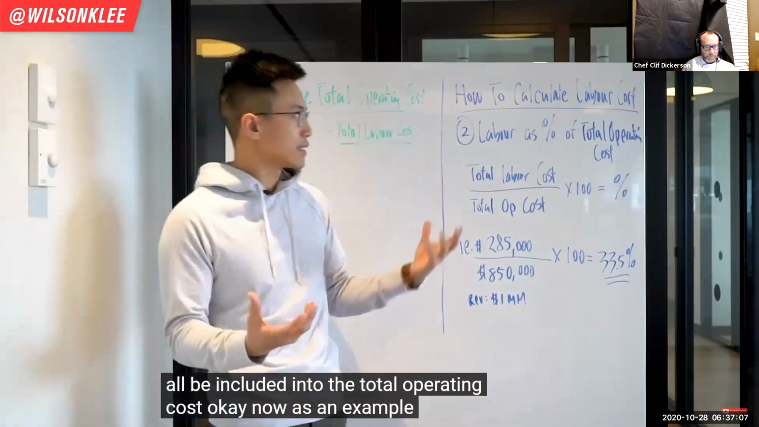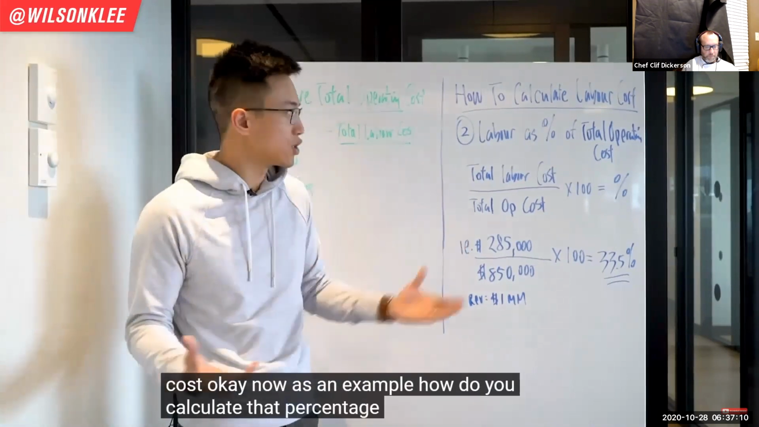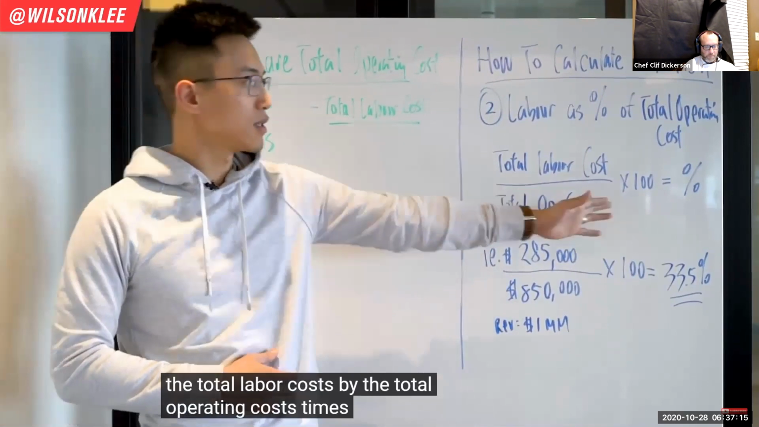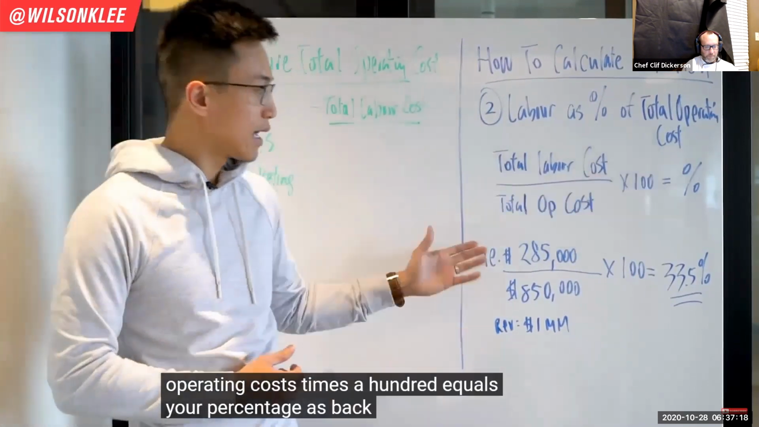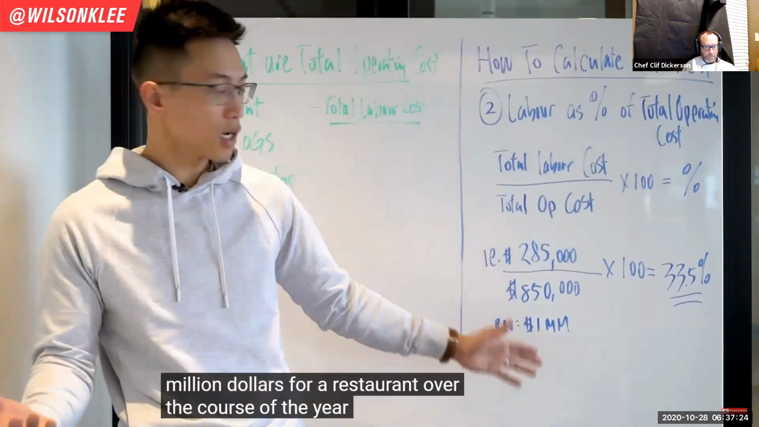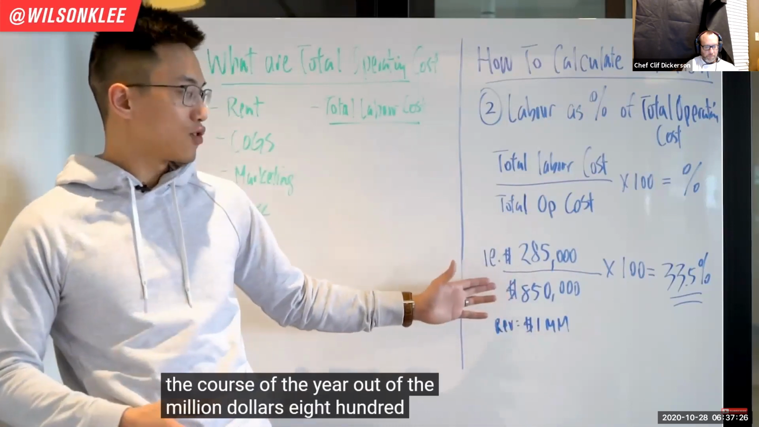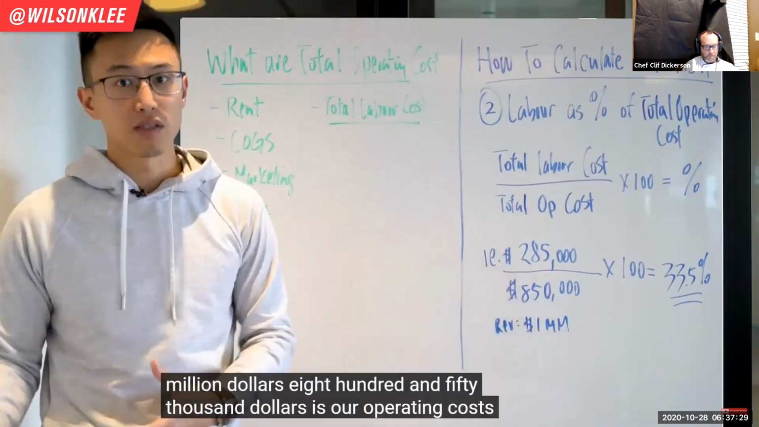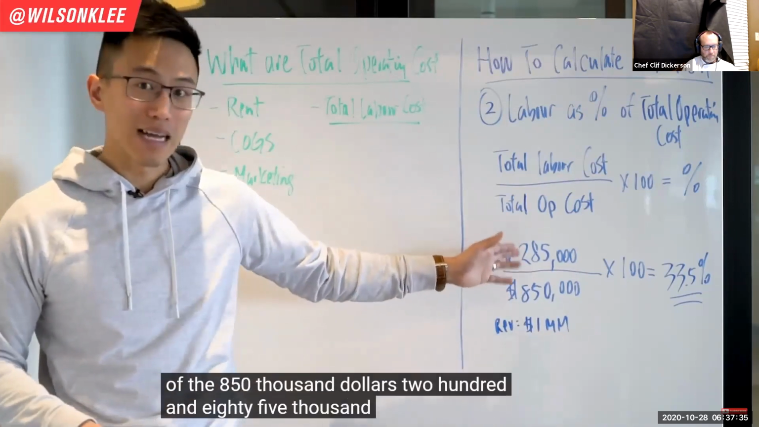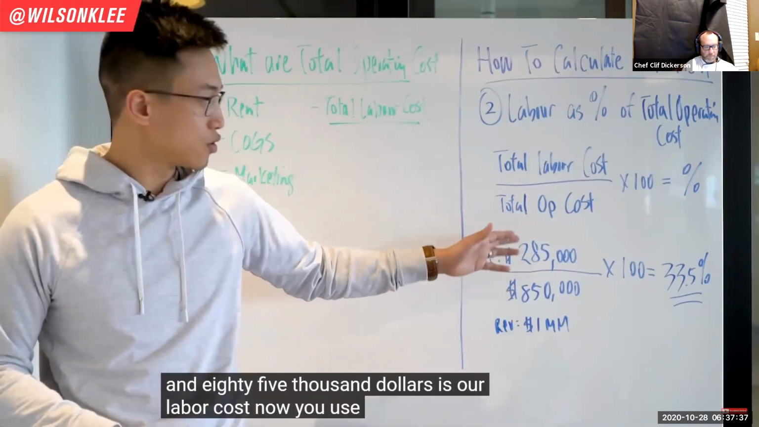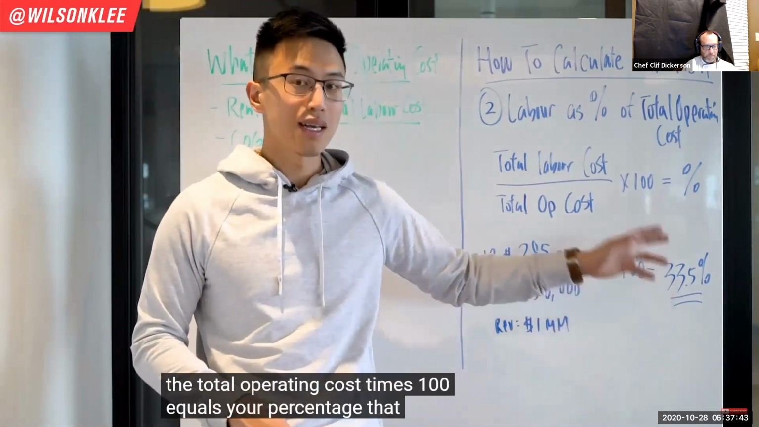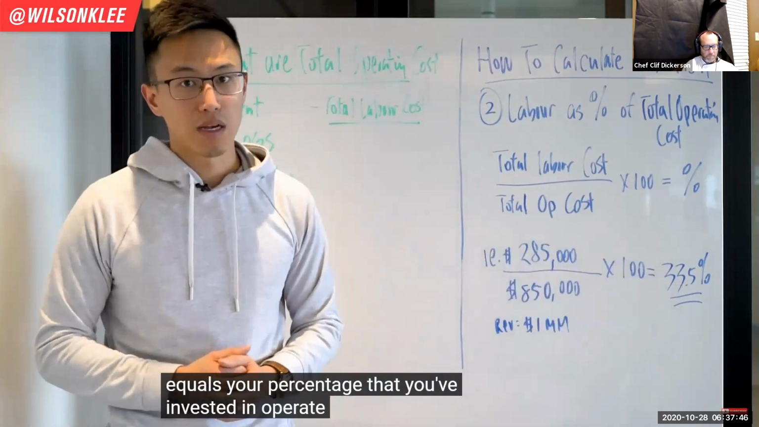Okay? Now, as an example, how do you calculate that percentage? Well, divide the total labor cost by the total operating cost times 100 equals your percentage. Back to our same example: we have a revenue of $1 million for a restaurant over the course of the year. Out of the $1 million, $850,000 is our operating costs of running the whole restaurant. And out of the $850,000, $285,000 is our labor cost. Now you use this divided by the total operating cost times 100 equals your percentage that you've invested in labor